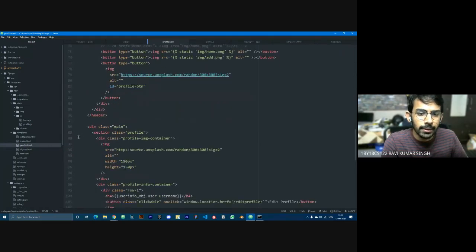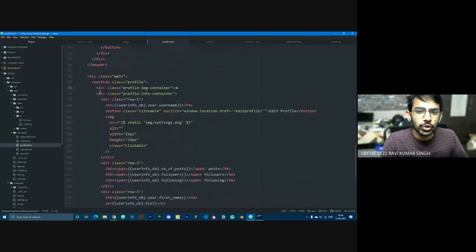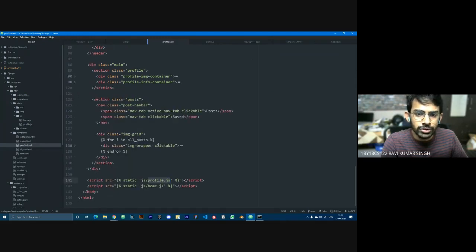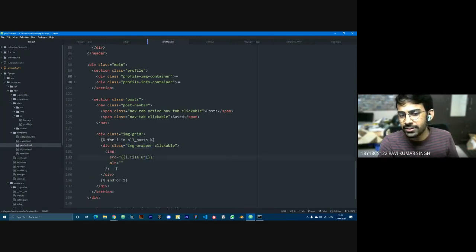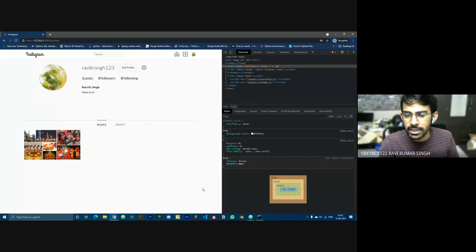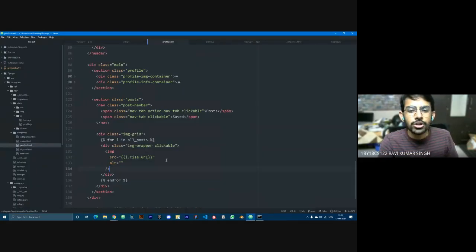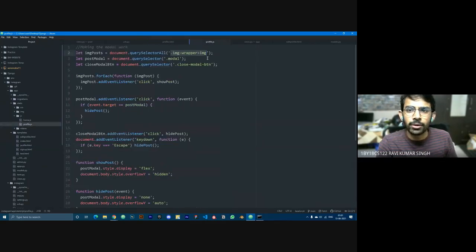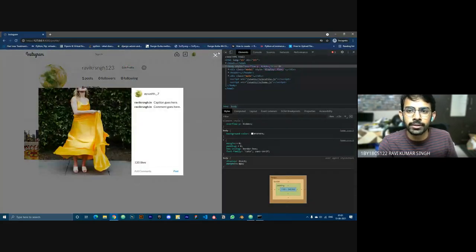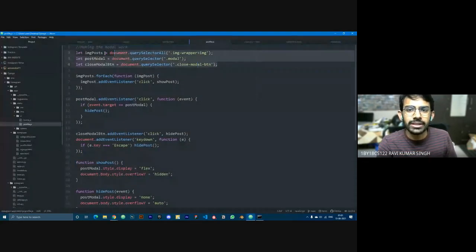Inside main, profile info container, section post. Yeah, so inside this image wrapper we have these images. All of these images. This box is the image wrapper. So I'm selecting all of these. Similarly, I'm selecting the modal and the close modal button, this one. Cool. So I selected all of these three items.